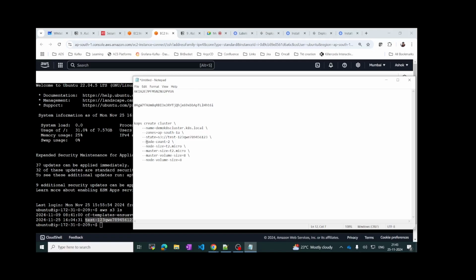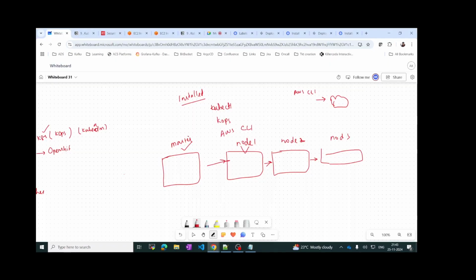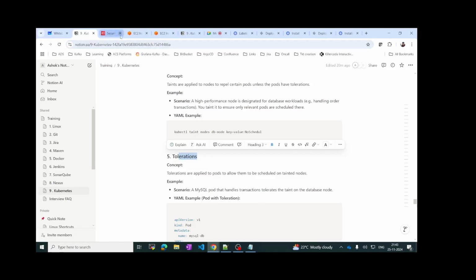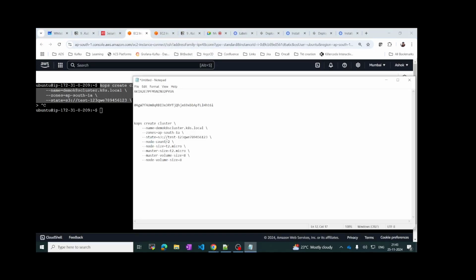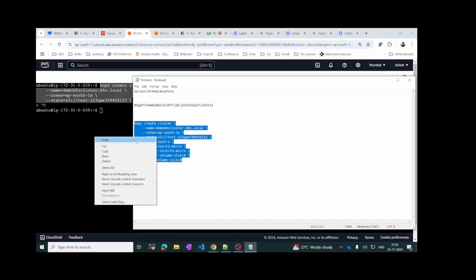And then nodes, we should have multiple nodes, right? In case you want 100, you can also give that. It will create them, but it will cost more. So I am giving 2. And then node size, like t2 micro, t2 nano, t2 medium, whatever size you want, you can give based on your application performance requirements. And then we have to give the size for the master node as well, and the sizes of the disks. Once this is done, just copy this one